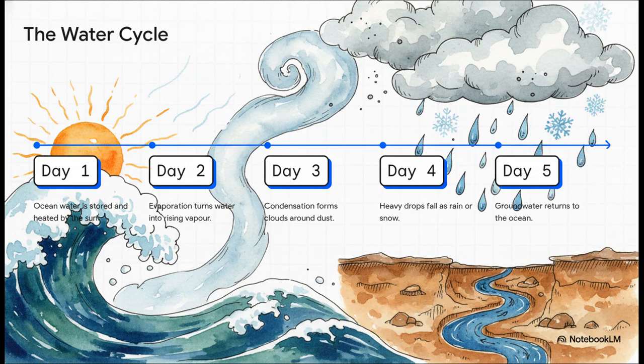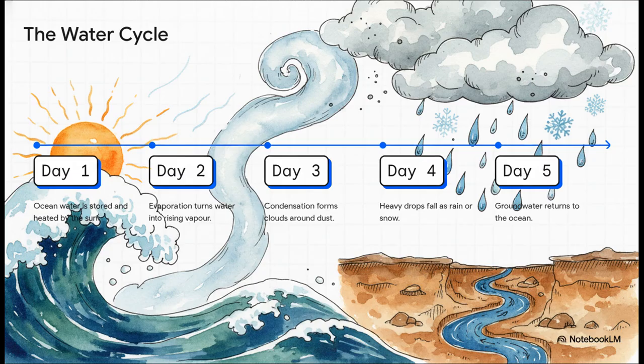If we follow this timeline, we can track the ultimate commute of a single water droplet. Picture our little droplet starting out in the massive ocean. The hot sun beats down, heating it up until, yep, you guessed it, it evaporates, shooting high up into the atmosphere as an invisible gas. As it travels higher, the air gets colder and colder. Our droplet slows down, condenses around a random speck of floating dust, and joins millions of other droplets to form